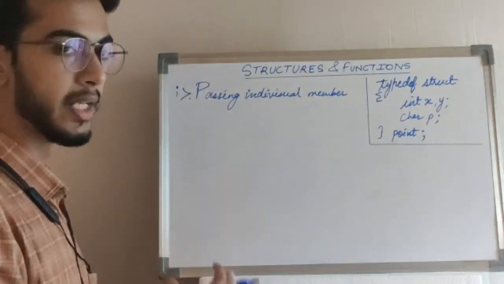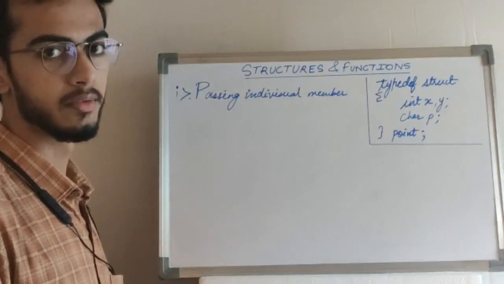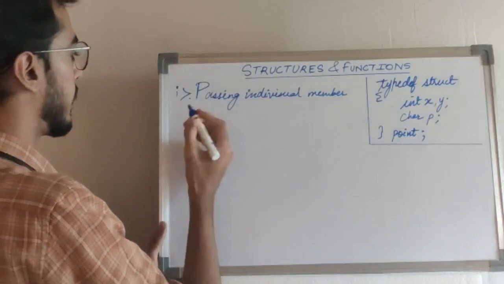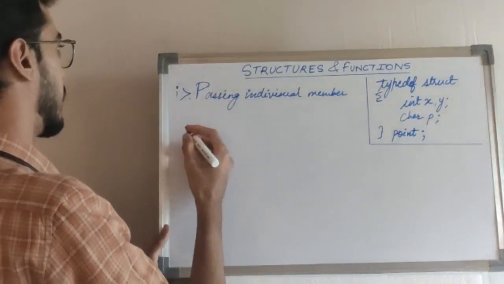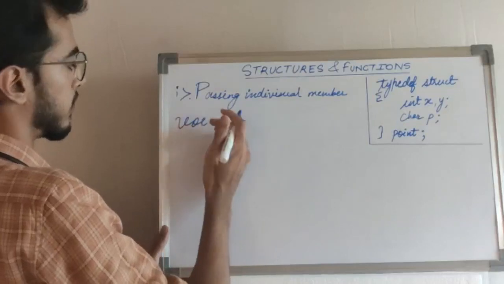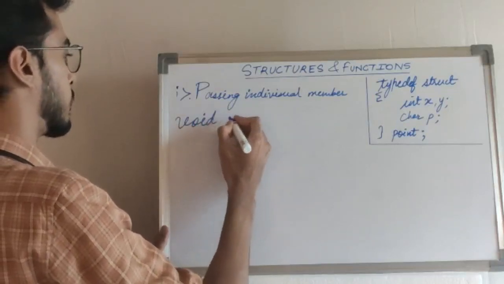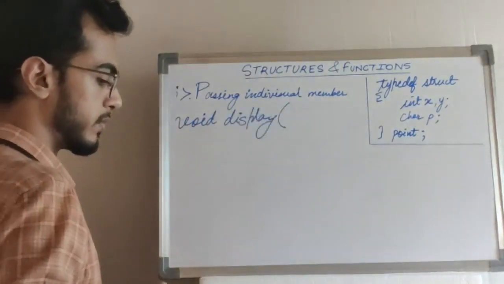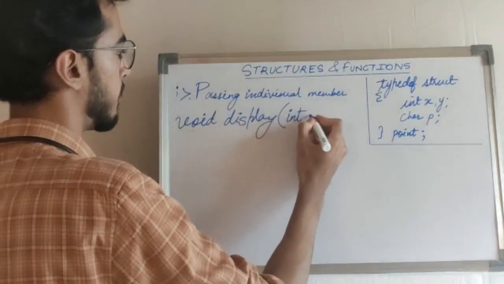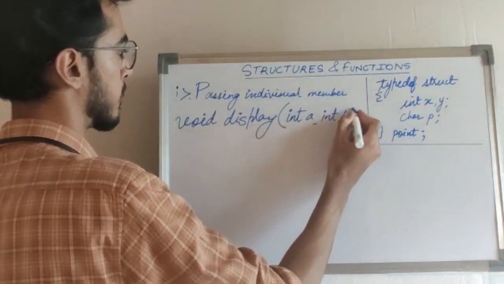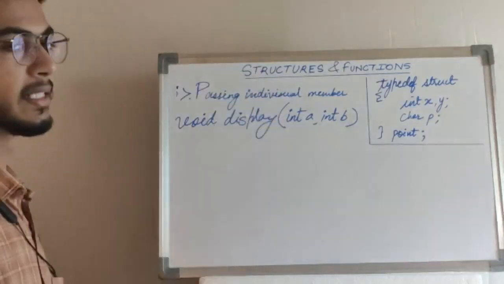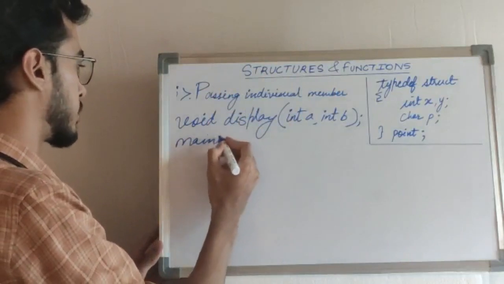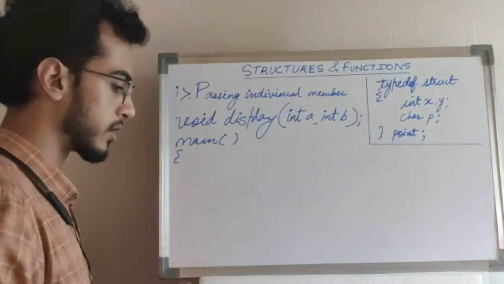Now I will have one main function and I will also have one user defined function. What I can do is first declare that function. So display is the function. It is going to accept two values. I will typically send the x and y values for this function. So I have declared it. Now I will write down my main function.